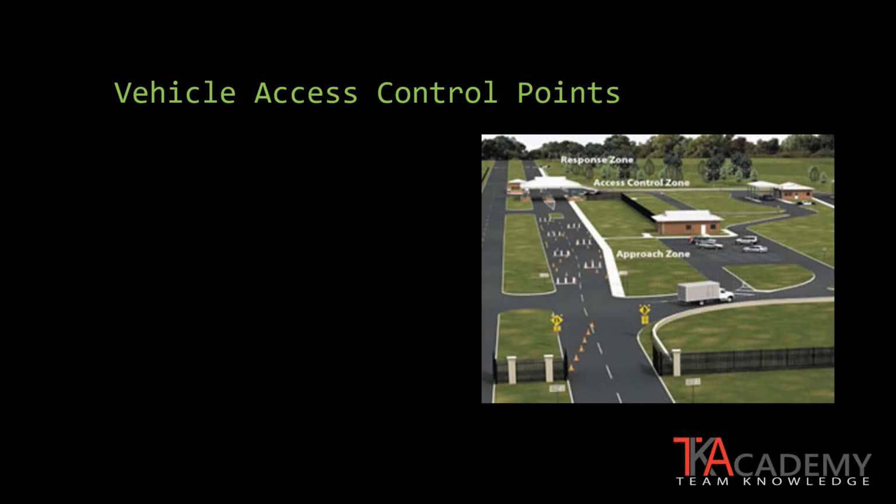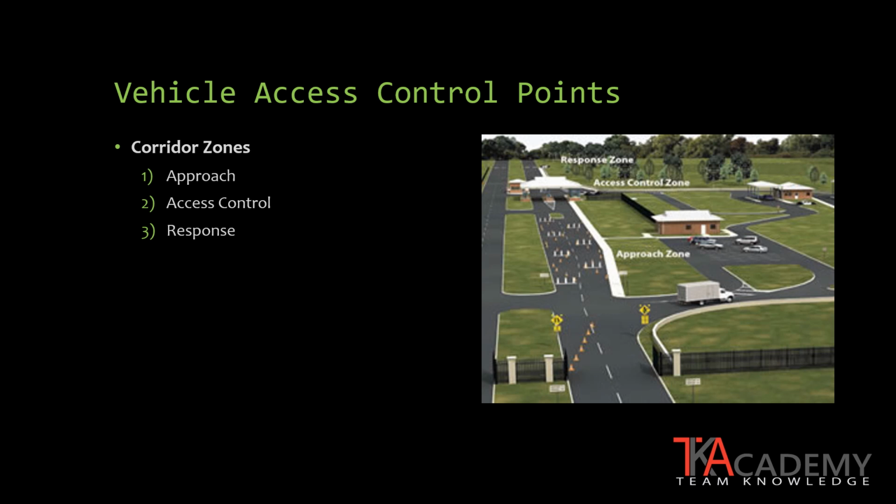Once we establish physical security around the site perimeter, we must have a means of access for authorized individuals to be able to get in and out. Today, we are very much dependent upon our vehicles as means of transportation to and from a site. Therefore, most perimeter security systems will have a vehicle access control point. A vehicle access control point is not actually a point, but a corridor through the perimeter security. It has three distinct parts to it: the approach zone, the access control zone, and the response zone.